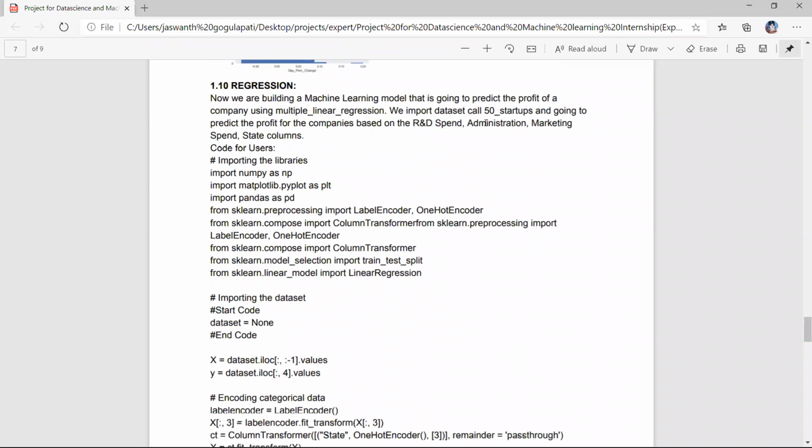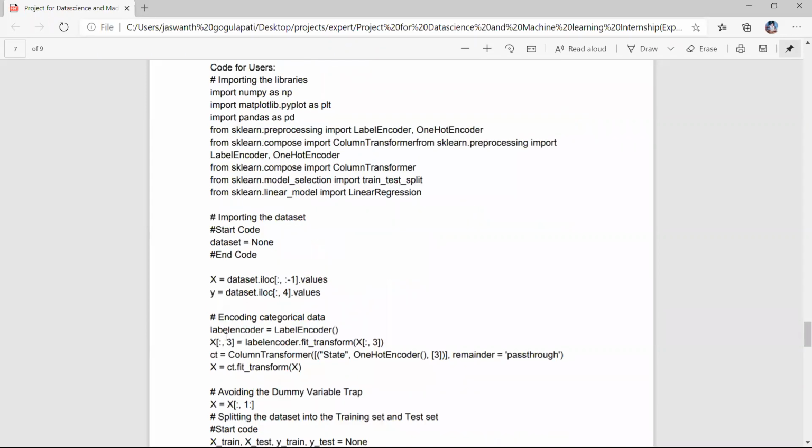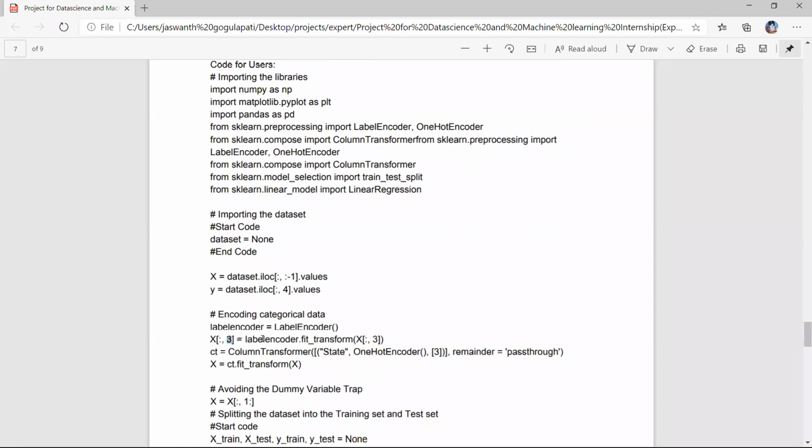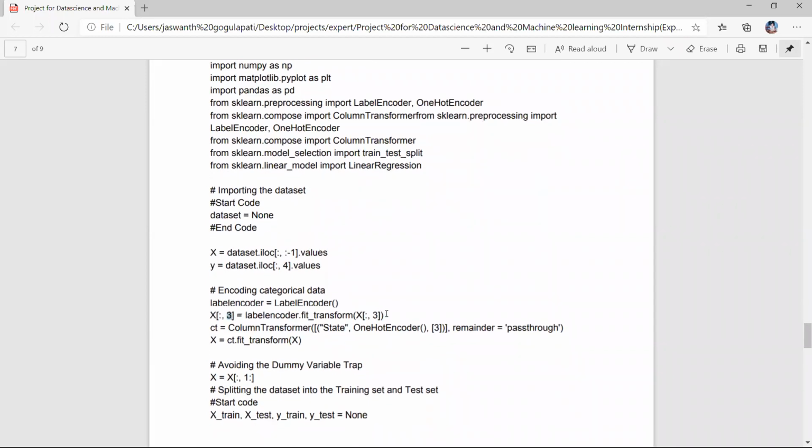R&D will get 0, administration will get 1, marketing spend will get 2, and state will get 3. So our state is 3. For the third column, we are going to fit and transform with our encoder, right? Whenever we do this step, wherever Hyderabad, Madras, and Bangalore are available, they turn into 0, 1, 2, like that.